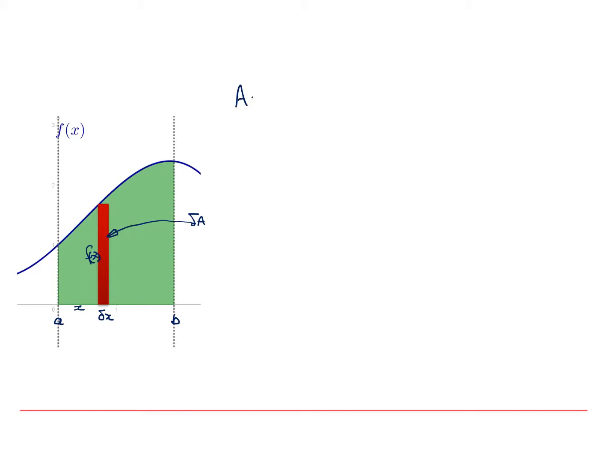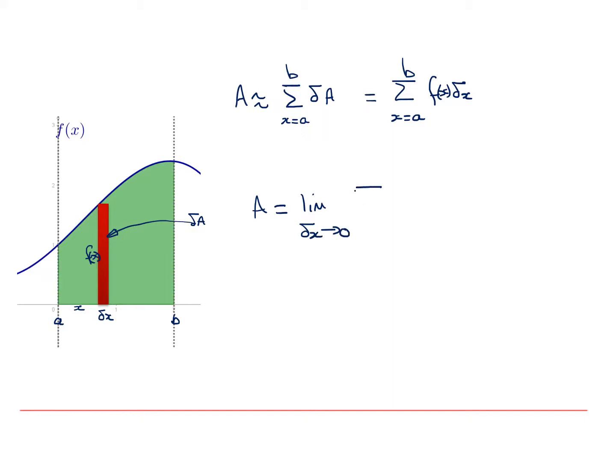The area is approximately then the sum of all those rectangles. So it's the sum of all those delta A's. And that's going to be the sum of all of the heights times the widths. And if I look at the limit as delta x tends to naught, in other words, as that gets thinner and thinner and I get more rectangles,